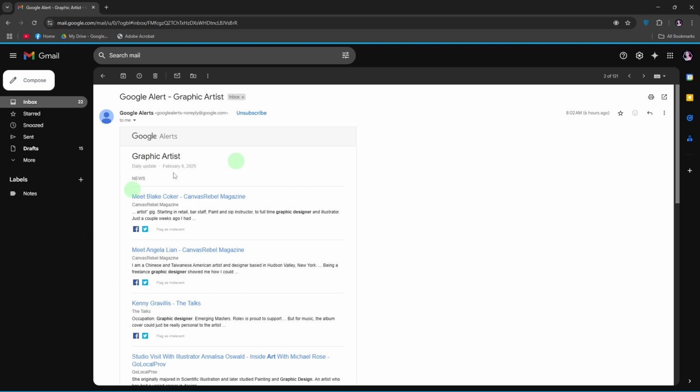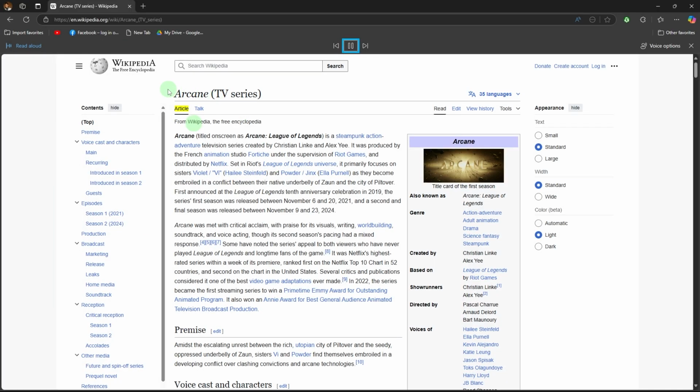aloud. Use Read Aloud in Microsoft Edge. If reading from a web page or PDF in Microsoft Edge, just press Ctrl plus Shift plus U to activate Read